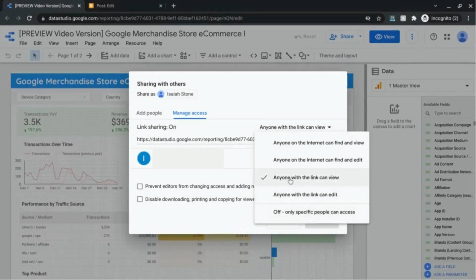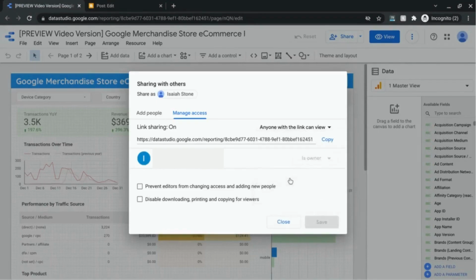So make sure you choose the correct option that anyone with the link can view. Otherwise, if the sharing access is off, then users who don't have access to the report won't be able to see the dashboard or the report on your web page. And then save it. Since I already have that feature enabled, I'm just going to click close